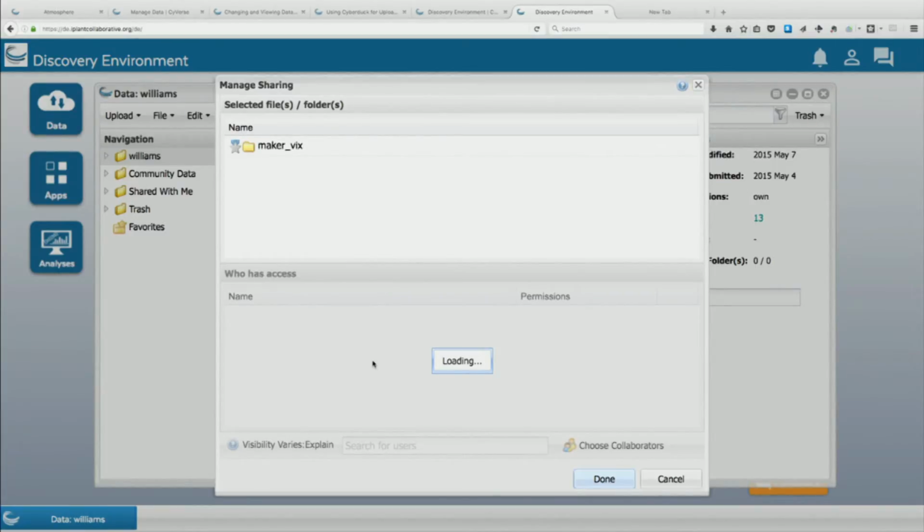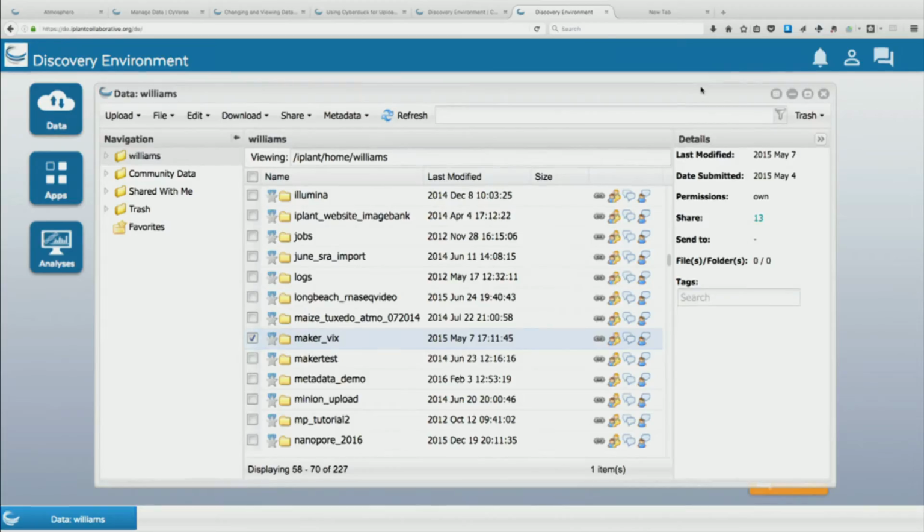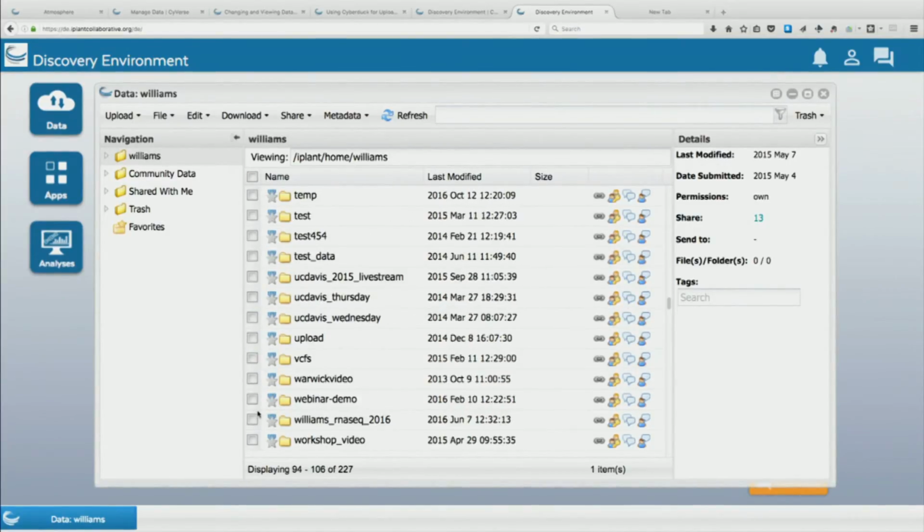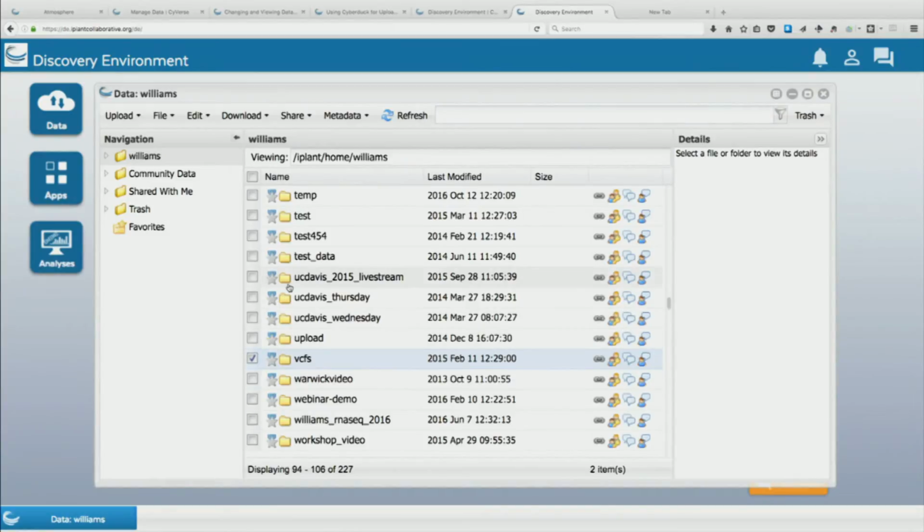And you could share with multiple people. You could have a laboratory account and you could use that way, or create a shared folder that everyone in your lab has access to, and that's a great way to share data sets. Okay, this one is shared with quite a few folks, so it's taking a moment to load. I don't want to wait for it. So what you would actually do, let me share something that's not shared with someone else. What you would actually do